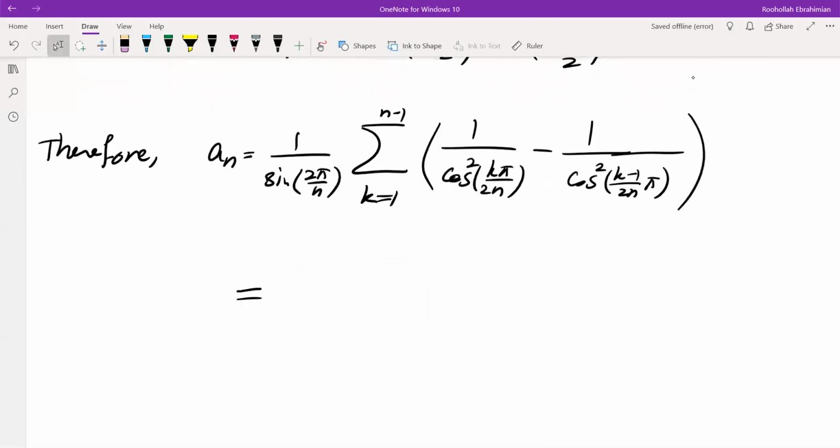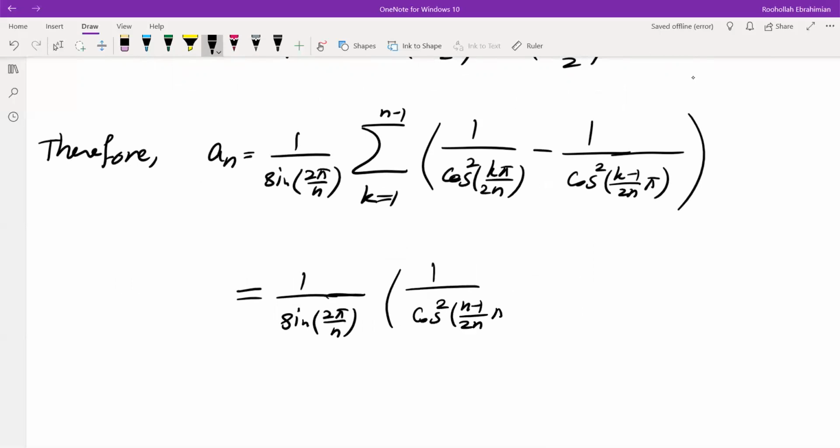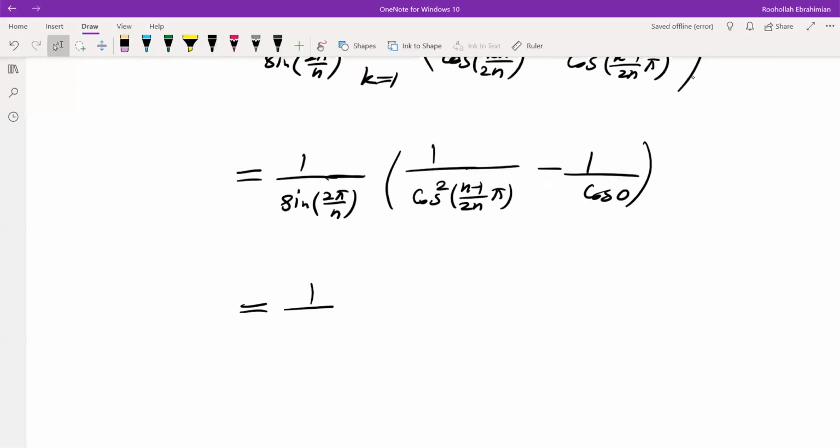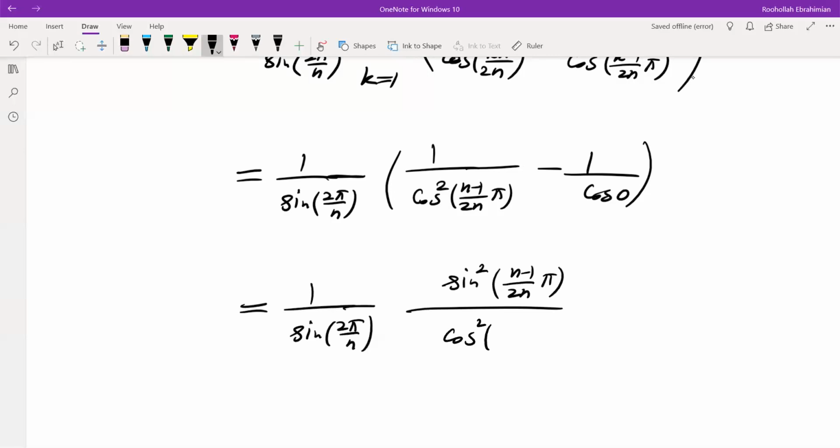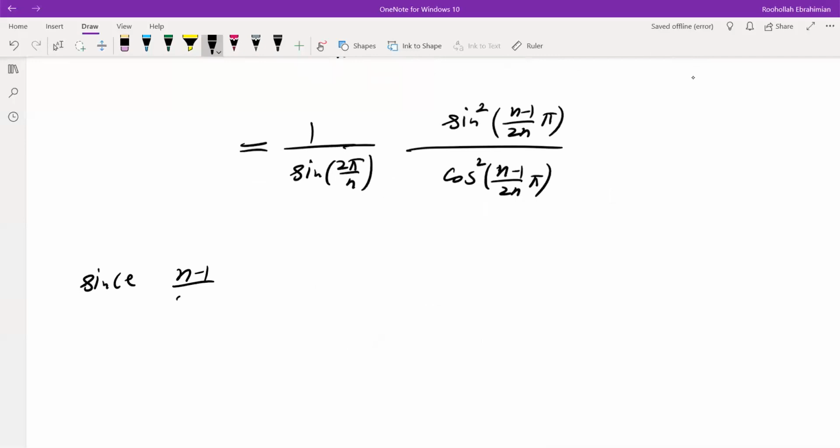Which is equal to 1 over sine of 2 pi over n times, so you plug in k equals n minus 1, you get 1 over cosine squared of (n minus 1) over 2n pi. You plug in k equals 1, you get 1 over cosine of 0, which is 1. And the numerator becomes 1 minus cosine squared, which is sine squared of (n minus 1) over 2n pi, over cosine squared of (n minus 1) over 2n pi. Since (n minus 1) over 2n pi is pi over 2 minus pi over 2n, we get that a_n becomes